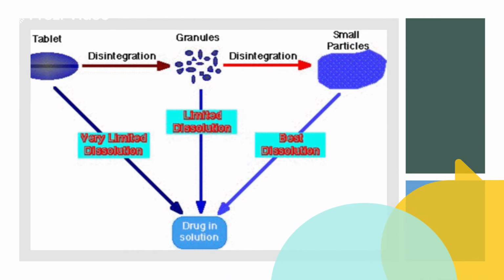So let us try to understand the disintegration process through this flow chart. When a tablet is taken inside the body system, it gets disintegrated first into granules, then into finer small particles. When these particles get solubilized, the drug is absorbed and comes into solution form. So disintegration is different from dissolution. In disintegration, we are basically considering the tablet disintegration and the reaching of the drug into solution form. It is not having any implication for absorption. In dissolution, the drug from the solution reaches the systemic circulation. So it is basically the measurement of the drug in the solution which has been achieved by the disintegration process, and it reaches the systemic circulation.